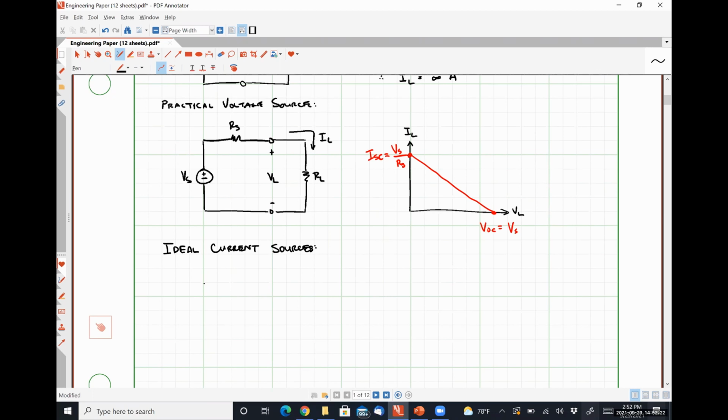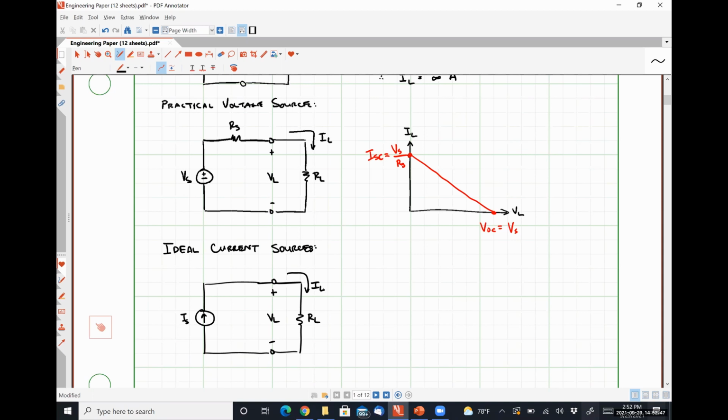So if we have an ideal current source carrying some current IS, and we apply that current to some load resistance RL, measure our voltage VL,